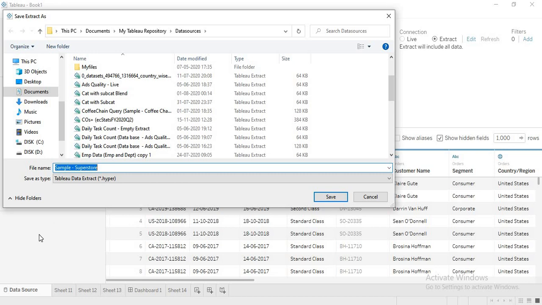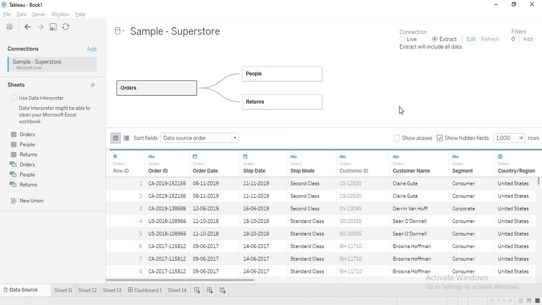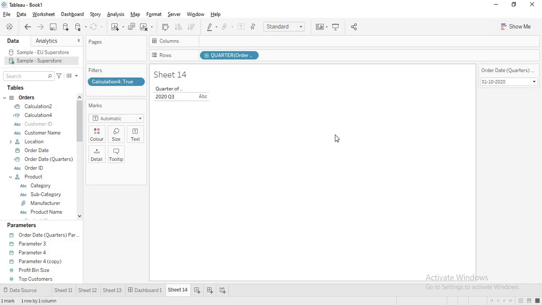The first problem with the live data is when you have those billion records, how are you going to manage them? Because the speed of Tableau is directly proportional to the speed of the database, as long as you are in a live connection. So if you are getting an issue with that, then definitely that is because of this direct live connection that you are having.